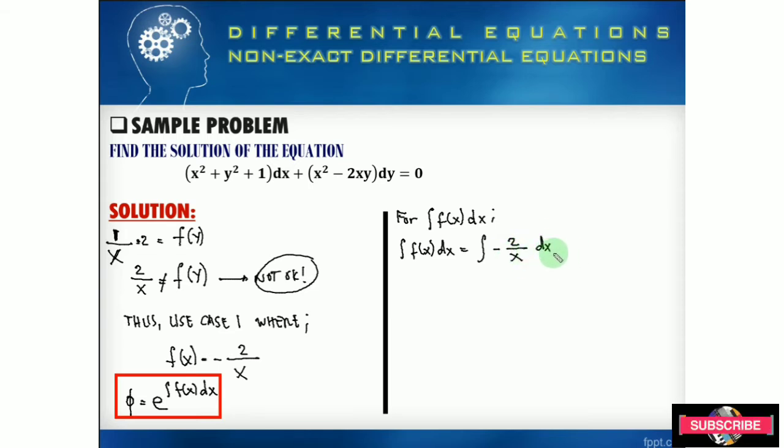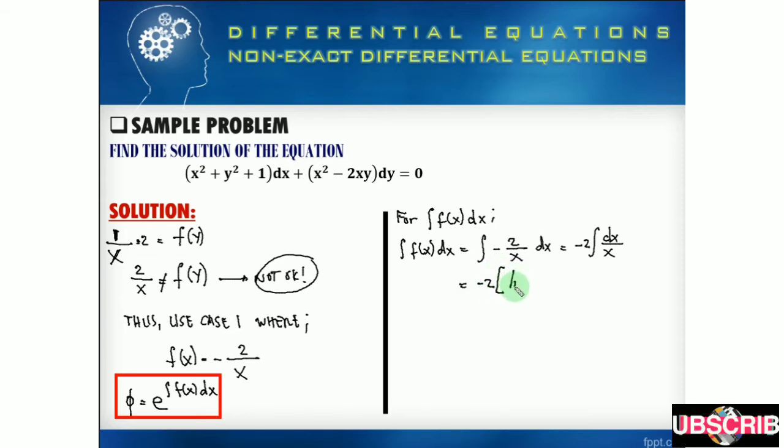Okay, so we will extract the constant. So this will be negative 2 integral of dx over x. Okay. So after that, we are going to have this negative 2 times the integral of dx over x. So by the property of the integral, the integral of du over u is equal to ln u. So we have here